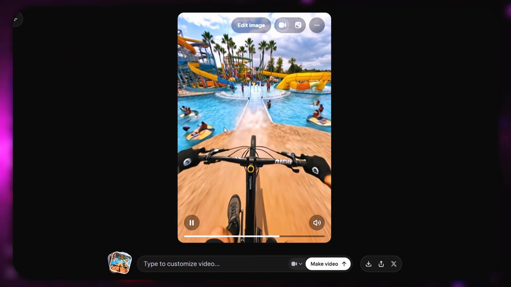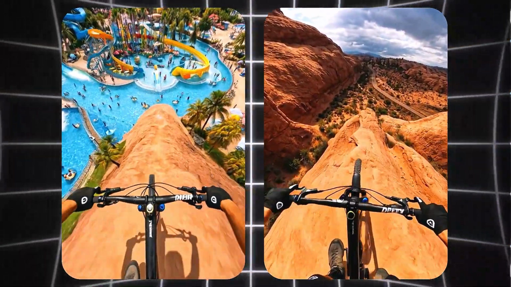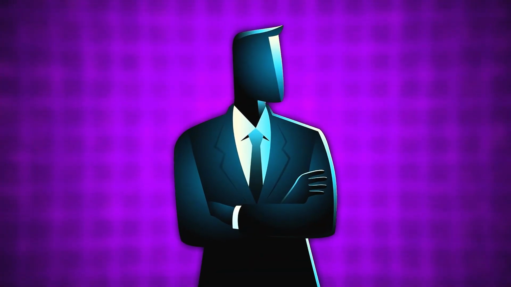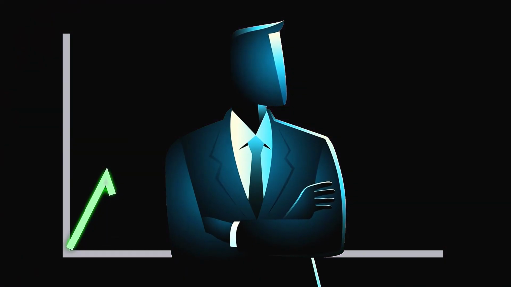It looks amazing. So you can make viral POV cycling videos in just 2 steps. Create them and upload them on all platforms. Sooner or later, one of them will